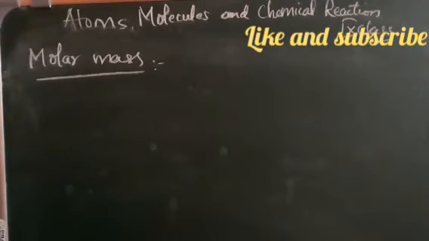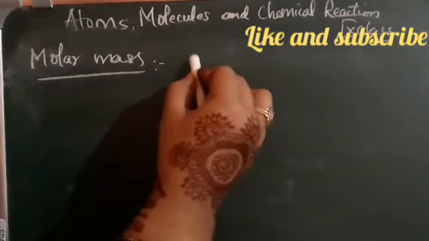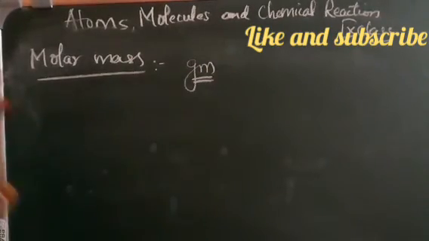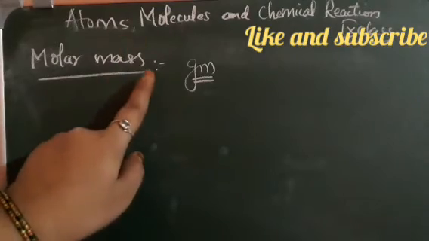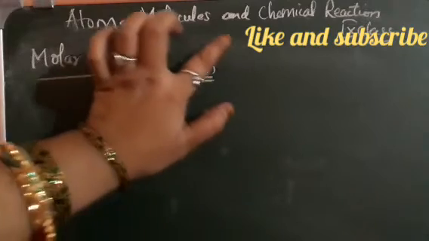So we have learned about atomic mass and molecular mass. Now we will learn about molar mass. Already we have learned what a mole is, right? Having different moles, it is easier to know the mass of 1 mole of a substance. The mass of 1 mole of a substance, expressed in grams, is called the molar mass.